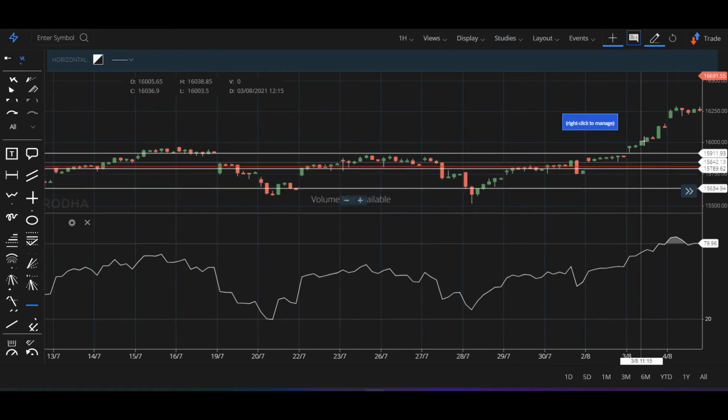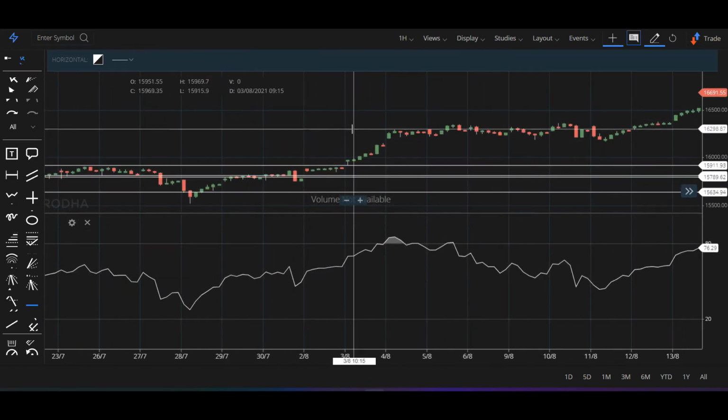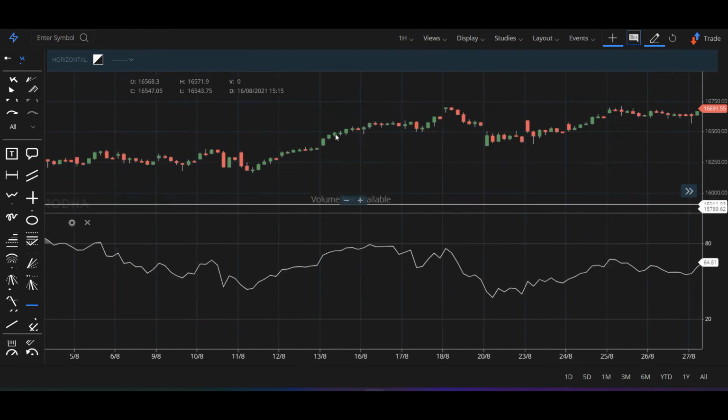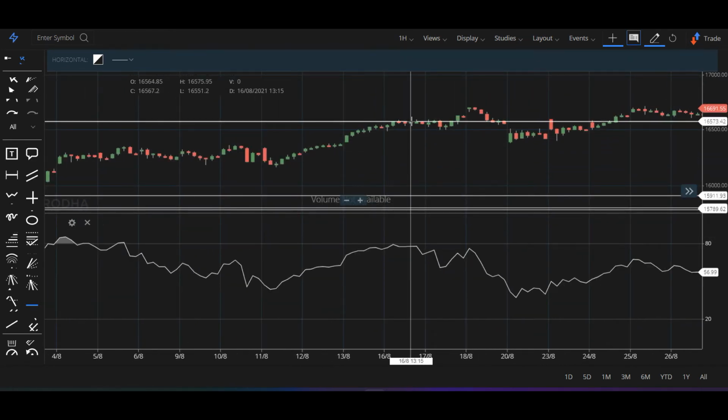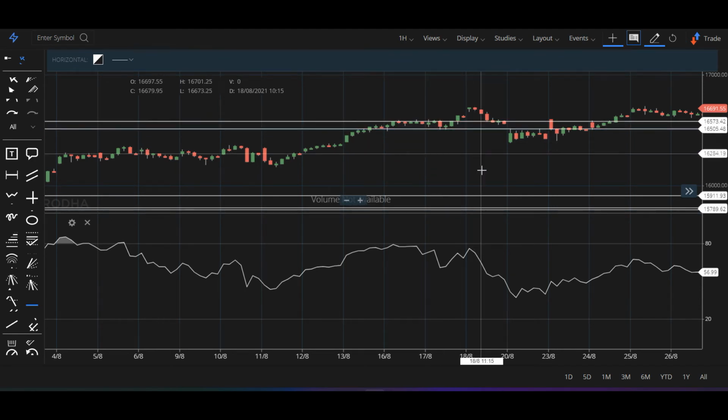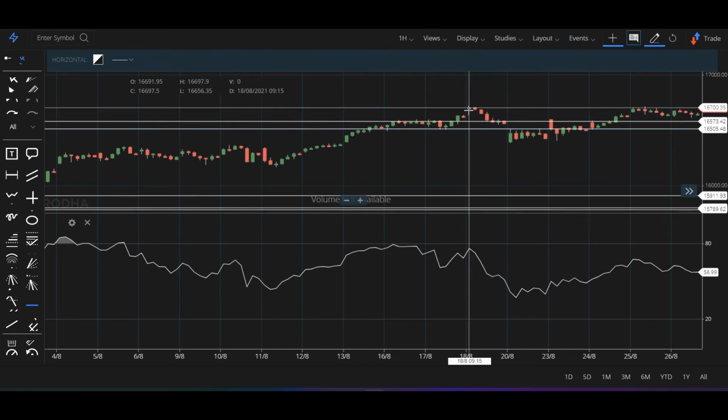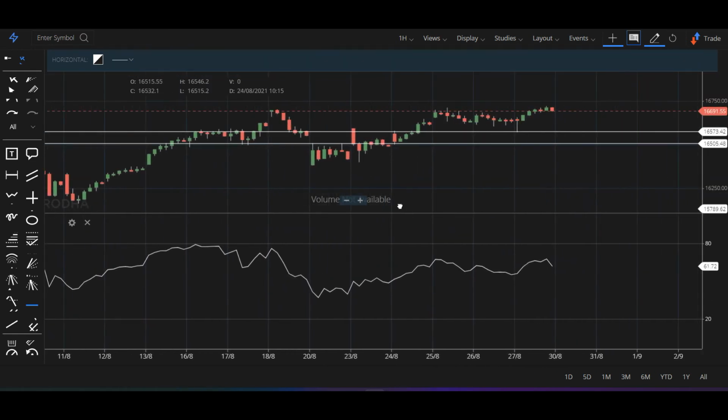Now if you keep on marking these levels, you would realize that you are actually getting support resistances in a different way, right? So look at this particular place. Now here we found out this one was a resistance, right? And then we found out here it was a support, so it was a very small range, right? And when we got a breakout, we can trade, we can get good amount of money, right? So see, intraday whenever we are trying to trade, right? So if you look at this areas, right, whatever we have found out, so intraday what we are trying to figure it out is basically